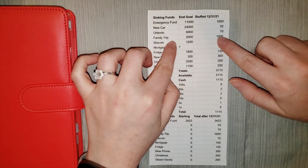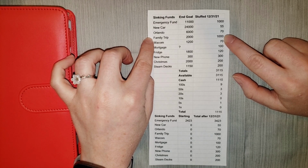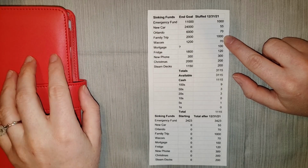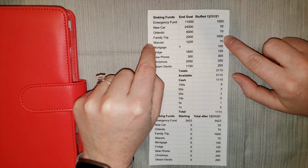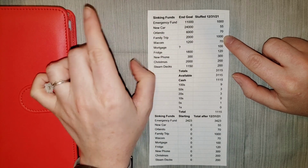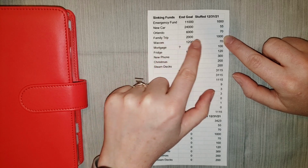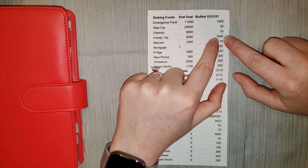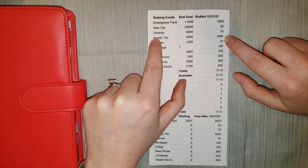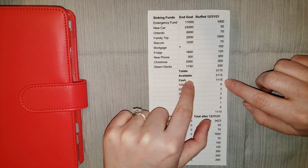Now going down the row, another one that I want to mention before I talk about how much cash we'll actually be stuffing today is the family trip. It's getting $1,000. I do have an envelope for that guy in there, but I'm keeping this money in the bank because this week we're actually going to be booking our RV that we're going to be staying at up there, and I want to keep that money in the bank. So it's just going to be getting a placeholder slip that I made for $1,000. So after you subtract those $2,000, coming down here, the cash that we'll be stuffing today is